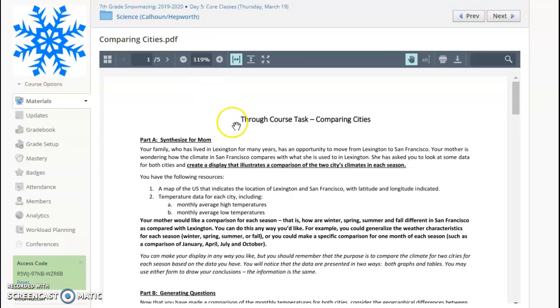So today's assigned task is to compare a couple of cities. One city is Lexington, the other is San Francisco. So what you're going to be doing is looking at the cities. There are some included artifacts, okay? One is a map of Lexington and San Francisco that describes their latitude and longitude. There are also data tables that have information in regards to temperatures, average temperatures, highs, and lows for each of